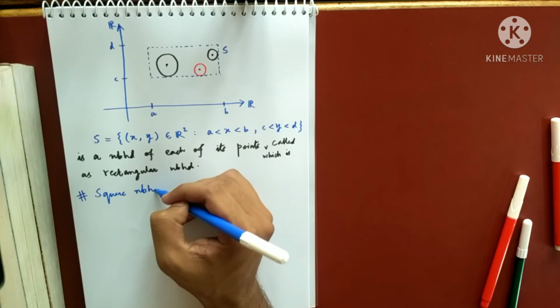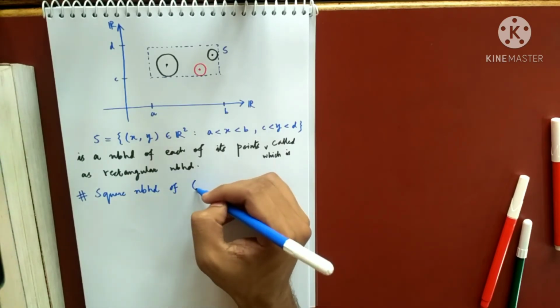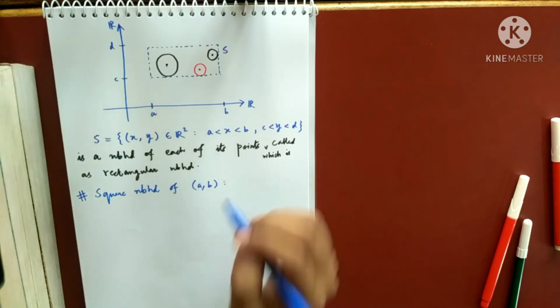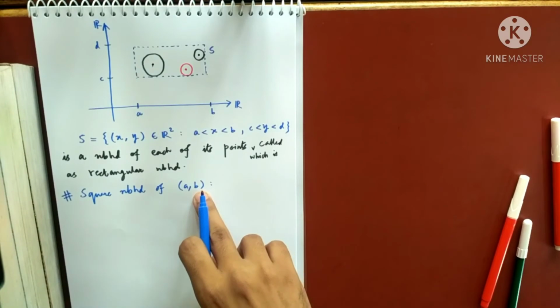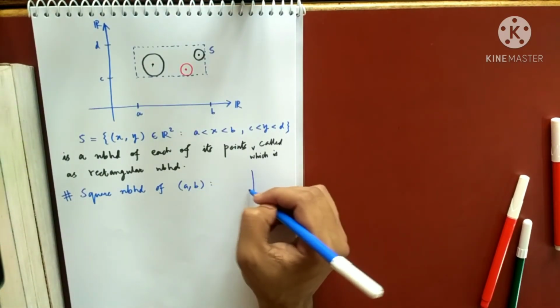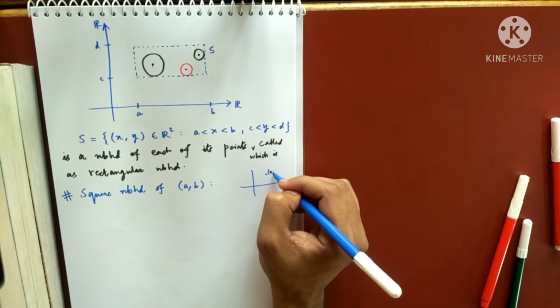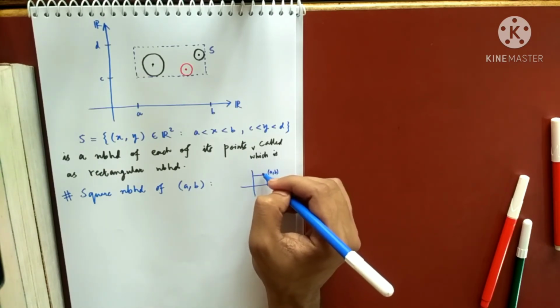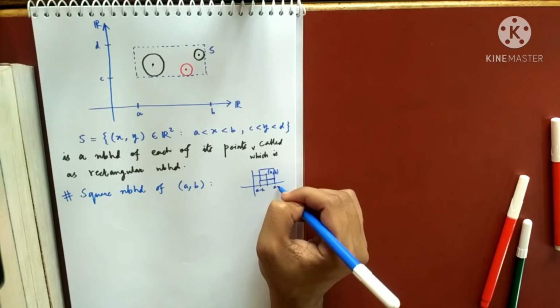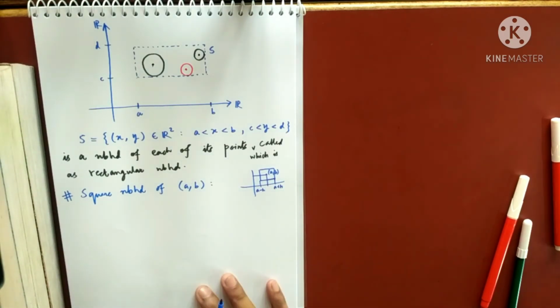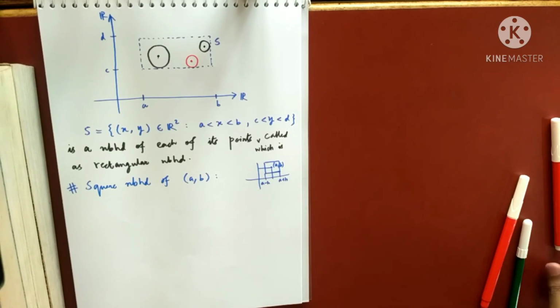I'll check in the next class, of some point (A, B), suppose. What is the meaning of a square neighborhood? So just try to picturize things, try to draw a square about that (A, B). I'll just give you a hint. Suppose this is the point (A, B). So this is A and this is B. What you do, you draw a square around it. Suppose this you take as H. So this is A minus H and this is A plus H. This hint is enough and you will do it. What is the meaning of the term square neighborhood? Clear up to here?